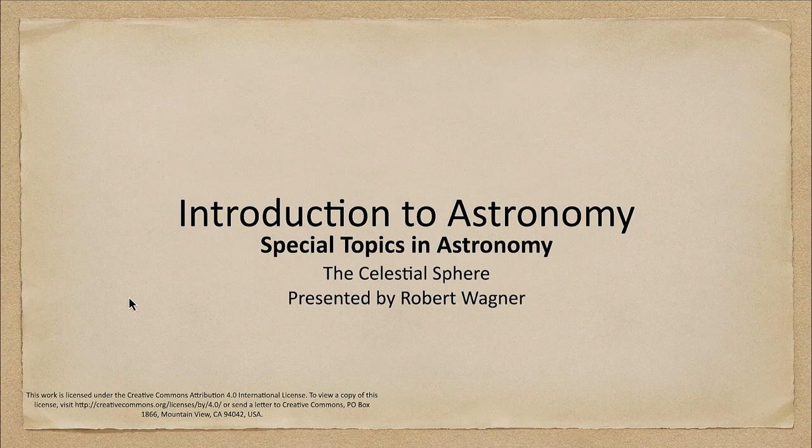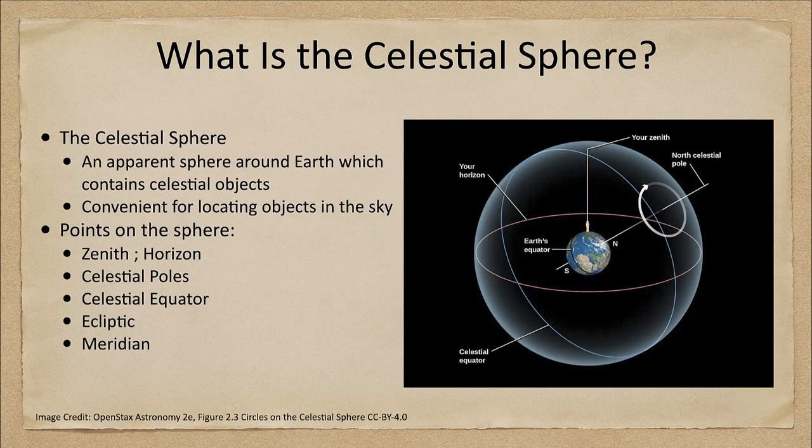In this week's special topic in astronomy, we are going to talk about the celestial sphere and how that can be used in astronomy. So what is the celestial sphere? Well, the celestial sphere is an apparent sphere around Earth, which contains the celestial objects. What that means is that it's a geocentric construction. So Earth is at the center and we see everything in the sky as attached to this great celestial sphere